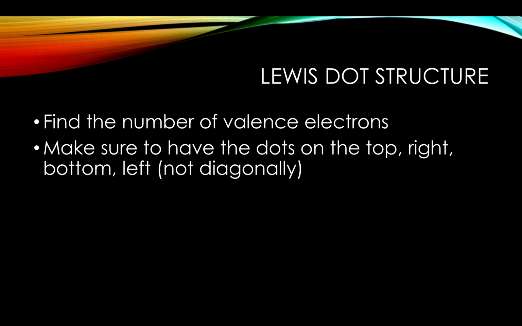Now, next topic is Lewis dot structure. This is the easiest lesson within this unit, which I've mentioned during class multiple times. What you have to do is find the number of valence electrons, which has a max of 8, and make sure to have the dots on the top, right, bottom, left. Do not put them diagonally or perpendicular to the dots. So what I mean by that is,